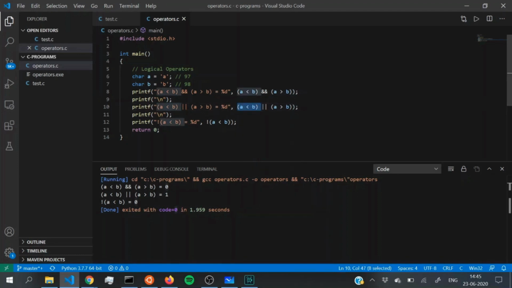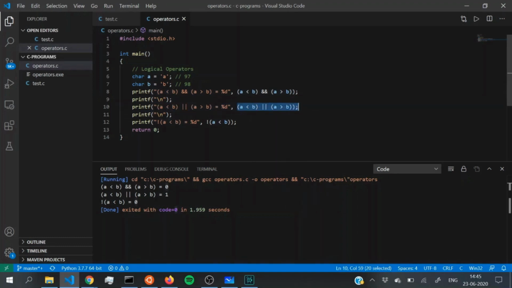Yes, so we get a true. And by the definition of logical or, we know that we need just any one of these expressions to be true in order for the entire expression to be true. So we got a true statement on the first try. So no matter what the output of A greater than B will be,